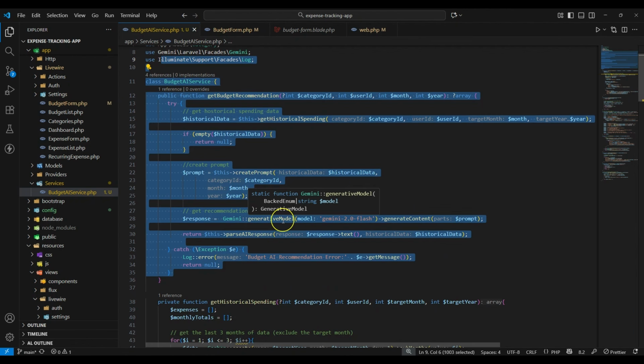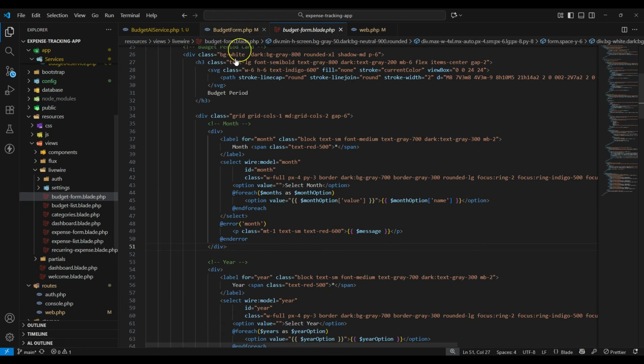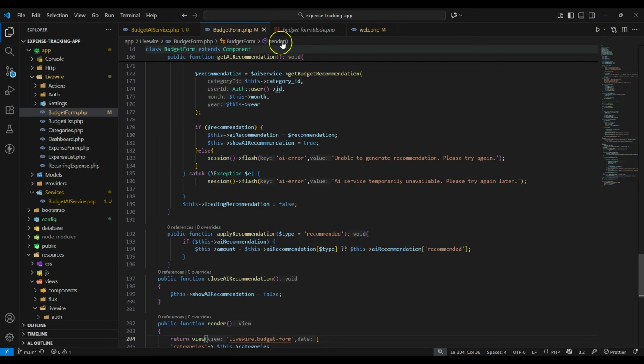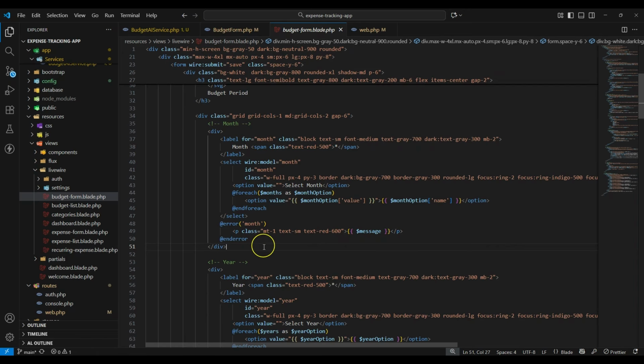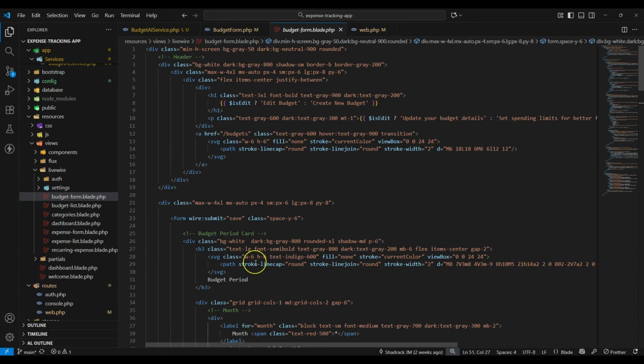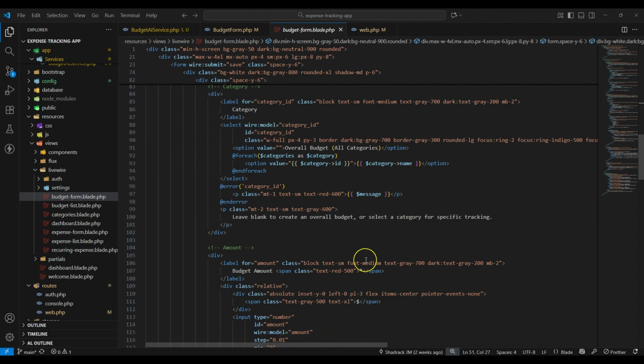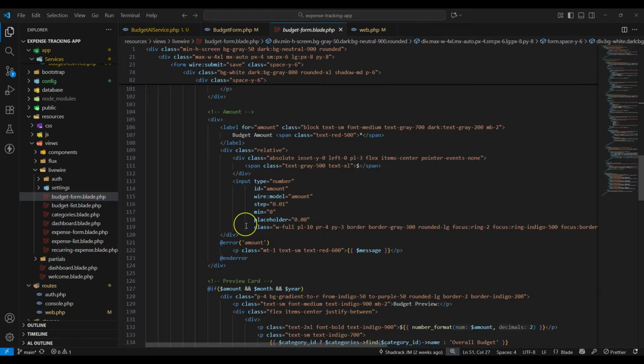Okay, so after that, now it is time to go and update the form, because already we've updated the component class. So now let's update the component view. So the first place where we are going to update is on amount of our budget. So on the amount of our budget, what we are going to update is the following things. So the first thing, when we go to the budget amount here, okay, so let's say for example the amount of,